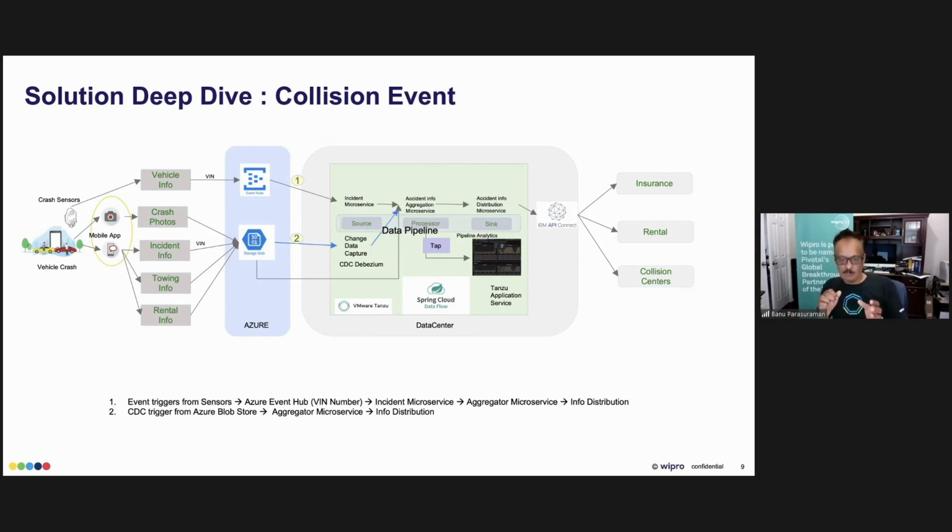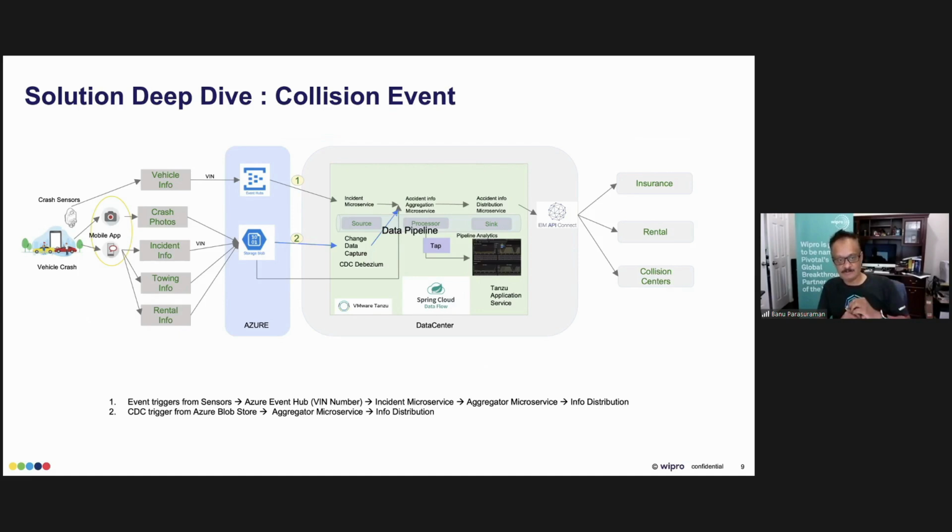Now, why did we choose a data center? Because there were a lot of interacting applications residing in the data center. Therefore, we wanted to make sure our whole process was not expensive. Egress is expensive in a cloud. If you had put it in the cloud and had to transfer lots of data back to the data center, we would have to pay egress costs. So why not have this in the data center? The customer had VMware with tons of application servers sitting on it, and we deployed Spring Cloud Data Flow on it. So as you see in the first event,